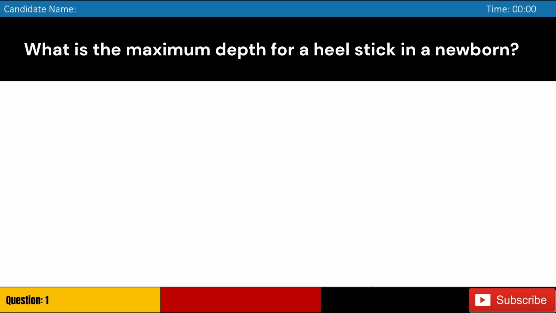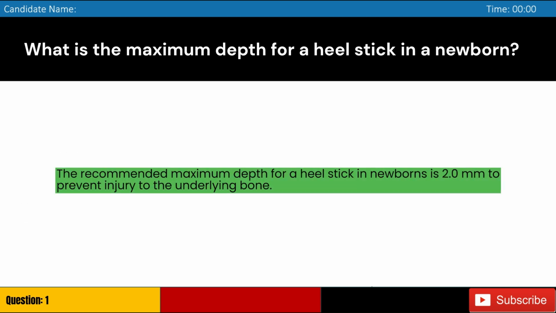What is the maximum depth for a heel stick in a newborn? A. 3.0 millimeters. B. 1.5 millimeters. C. 2.0 millimeters. D. 0.85 millimeters. Answer: C. The recommended maximum depth for a heel stick in newborns is 2.0 millimeters to prevent injury to the